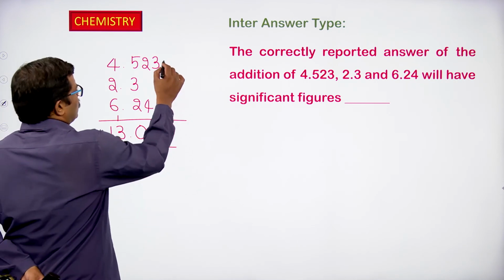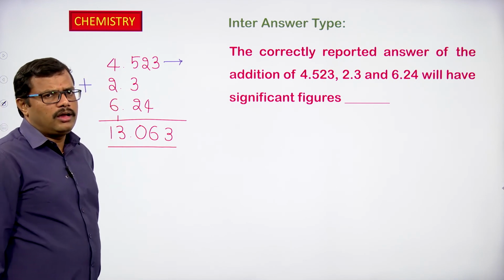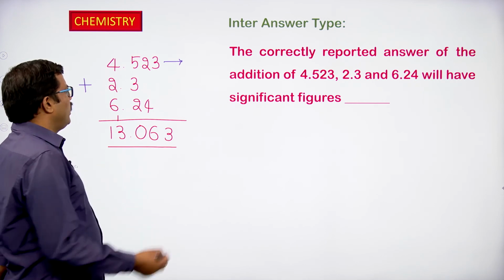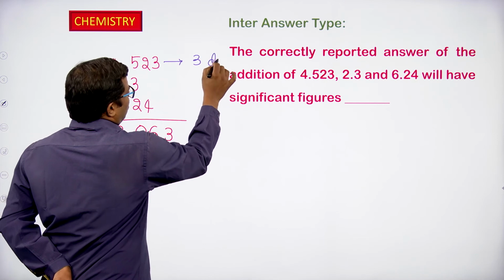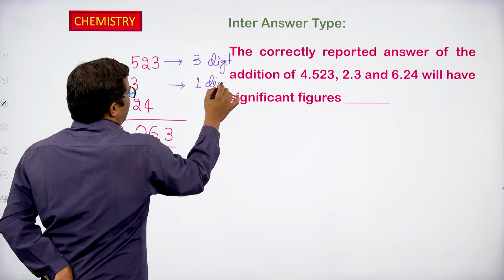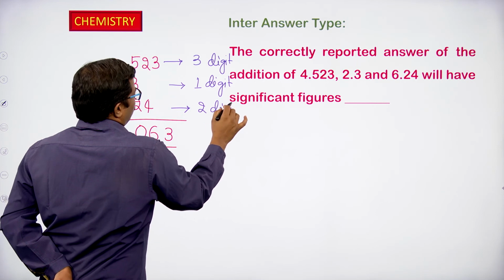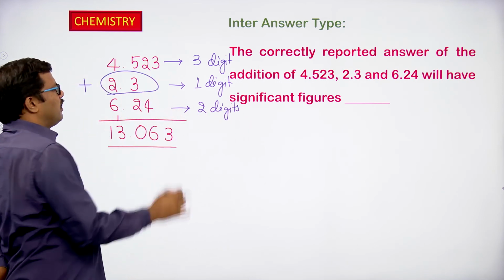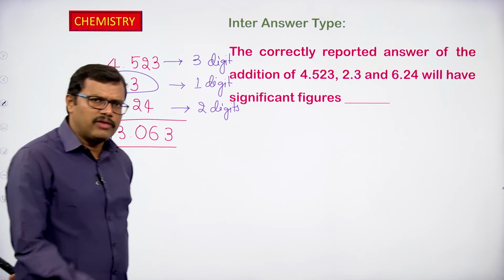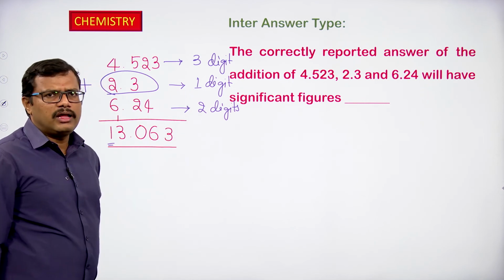No. Why is it so? Because here if we observe, this is an addition mathematical operation that is going on the 3 numbers. So, we have to look at the number of digits present after the decimal point. In the first number we have 3 digits after the decimal point. In the second number we have 1 digit. In the third number we have 2 digits. So, the second number is having the least number of digits after the decimal point. So, our answer should also contain the same number of digits after the decimal point. So, we have to express this one with 1 digit after the decimal point.